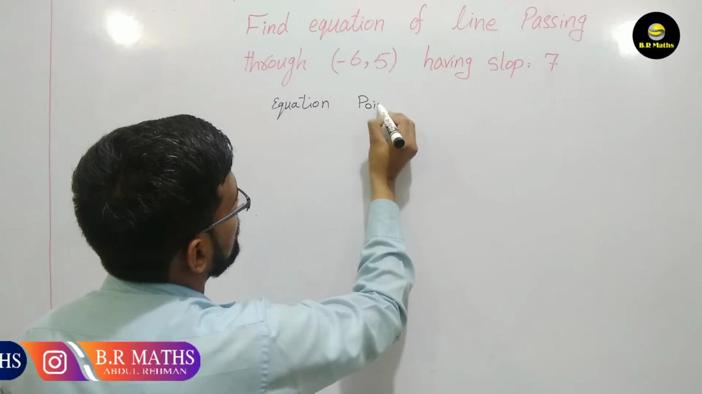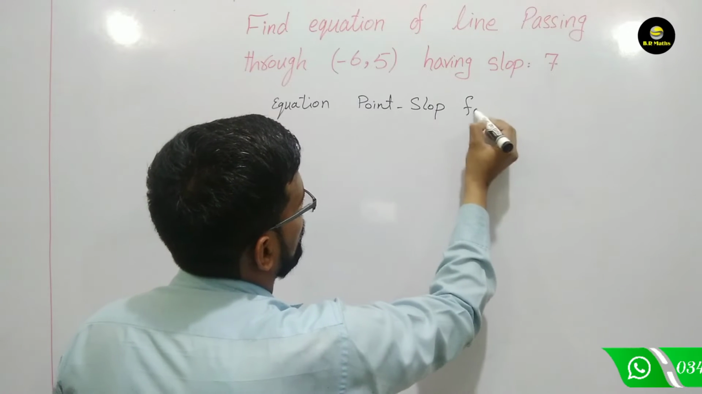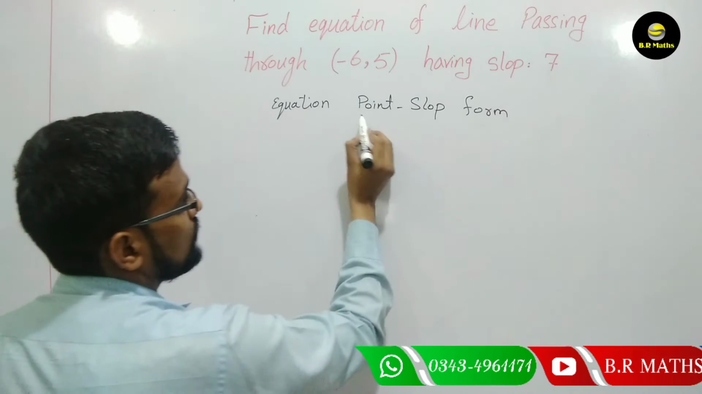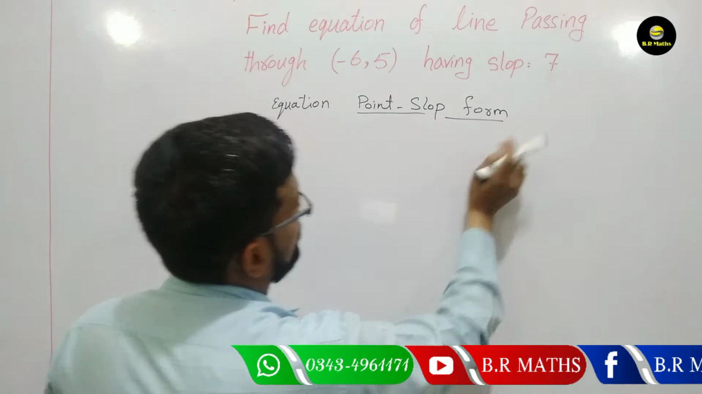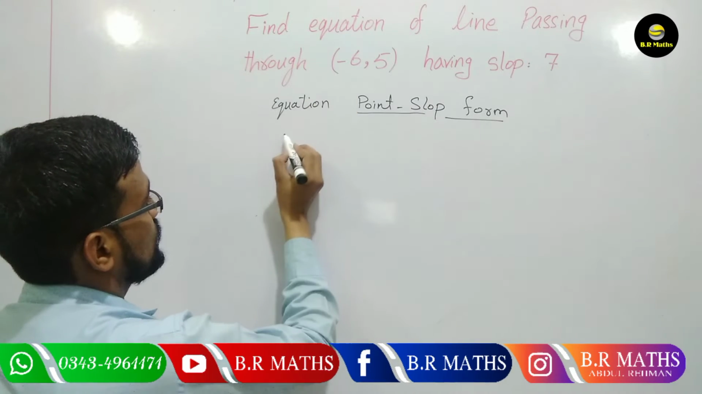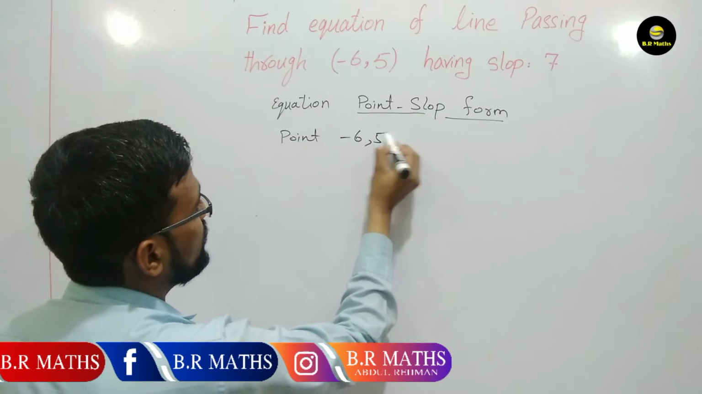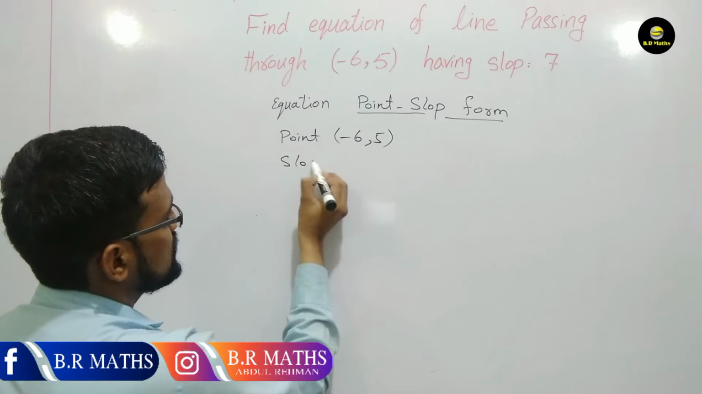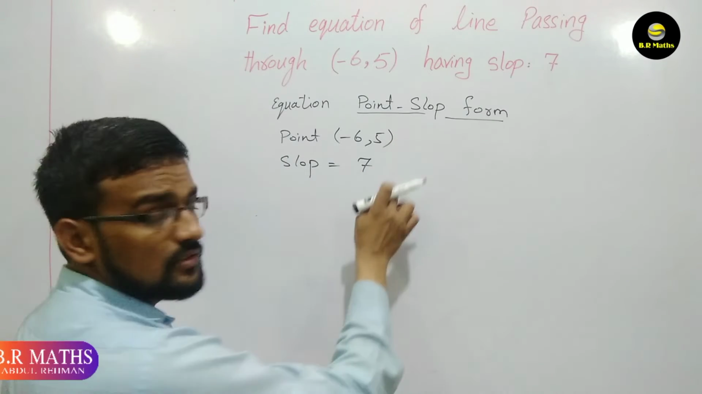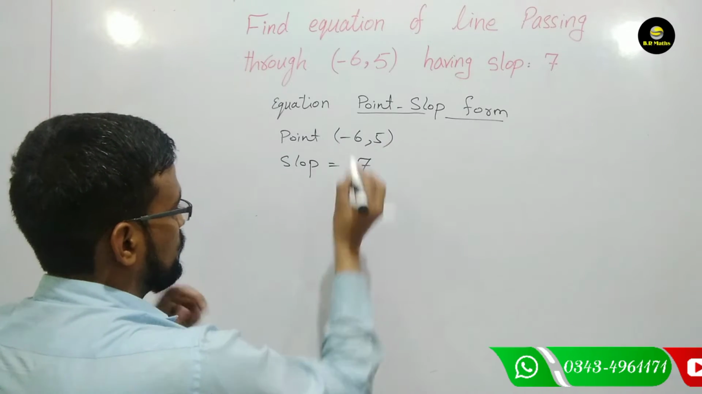is in point-slope form. The first case, point-slope form, in which this is a point and this is a slope. The point is (-6, 5) and the slope is 7. Okay. So according to this given data, the form is